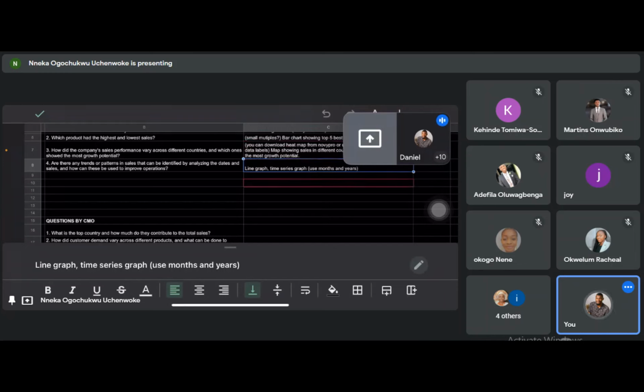So when you're counting customers for each country, you also count non-transacting customers. Then you can decide to look at, out of all these customers, which are the ones that are transacting and which are non-transacting. Here you can use a pie chart or a donut chart, and how much they contribute to total sales.